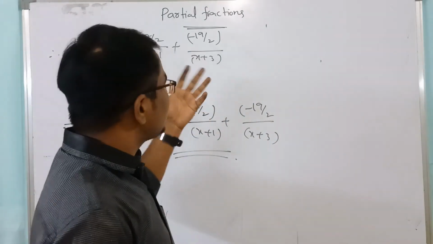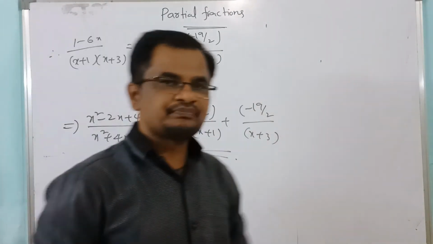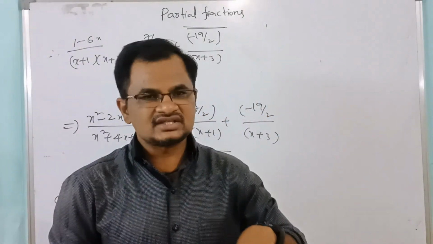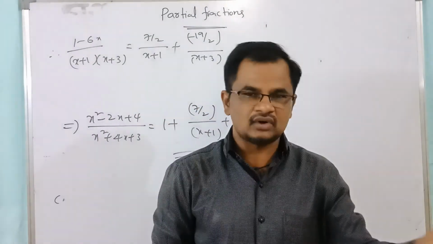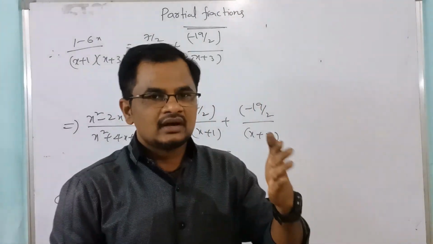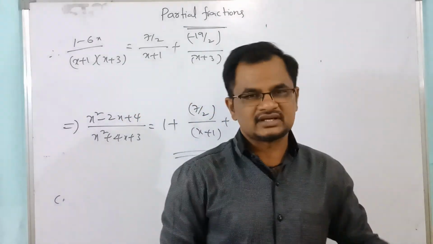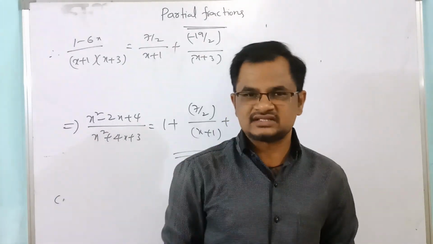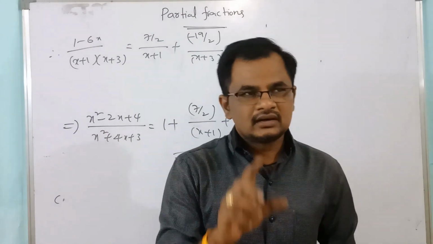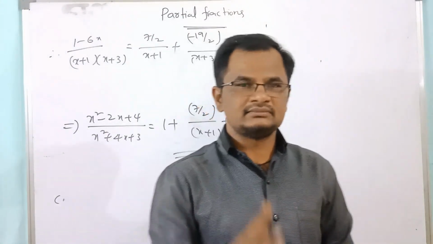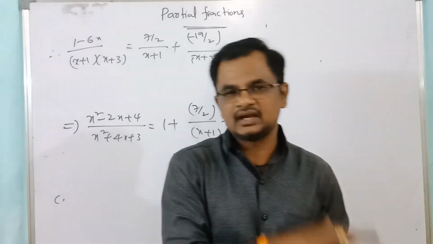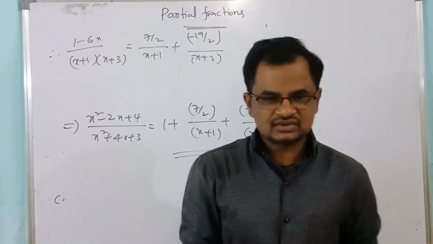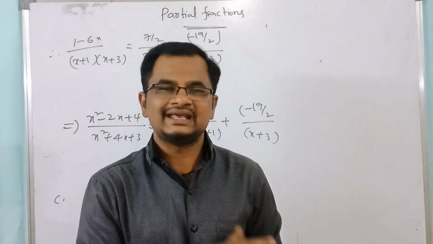Now the first one is proper fractions we discussed, and the second one is improper fraction, and also how to convert it into proper fraction and how to write it as partial fractions. Okay? Right. So this is about the partial fractions, and the bridge course we completed, means we completed exponents and logarithms and partial fractions in the bridge course. For the bridge course this is more than enough, right?